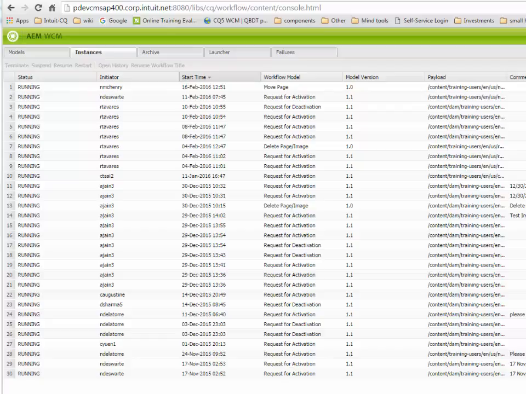So if we go through here, we're going to take a look at the different columns here. This will show you the status, who initiated it, when it was started, the workflow model that was initiated, the model version, and some other information here. Again, comment and workflow titles, those are added during the initiate step, but those just add further clarification if that was something that you needed, like you could actually sort on those. So primarily what you would be interested in as an author is being able to terminate this workflow,